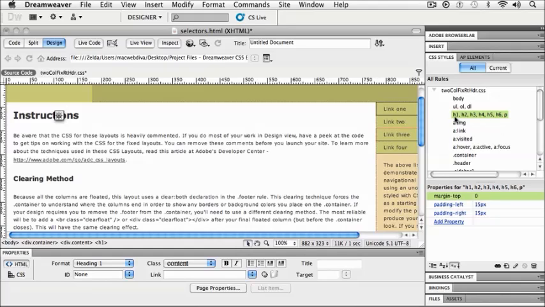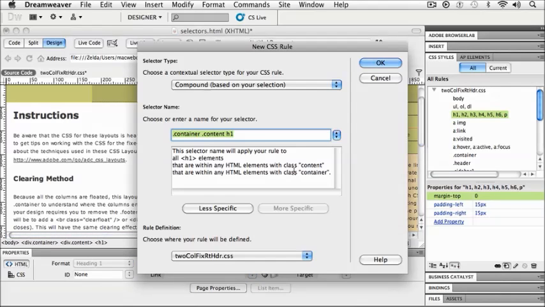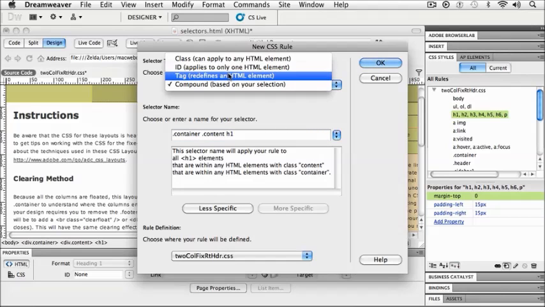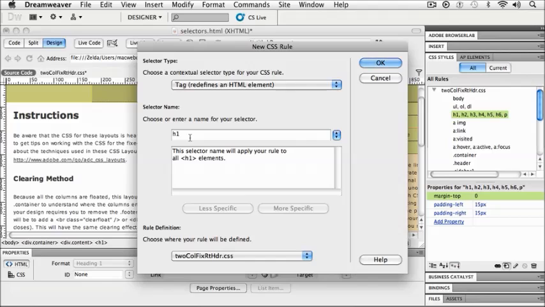So I've got my cursor sitting here in my CSS panel. I have my H1 through H6 and P tag selected, because when I click on my new CSS rule down here, that's automatically then going to include this, and it's going to be underneath where I have selected. It always pops up as my compound selector, and if I choose tag, then it will just include the H1 tag that goes along with that, which is what I want. So if I click OK now,